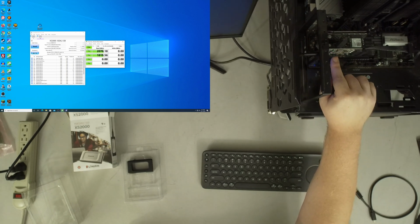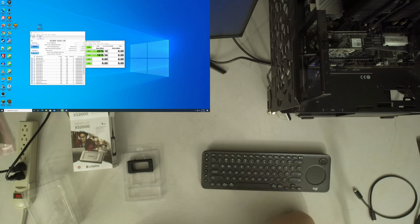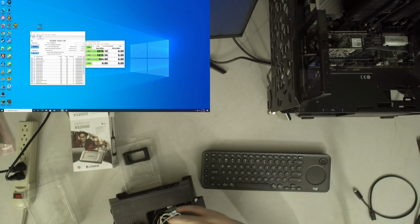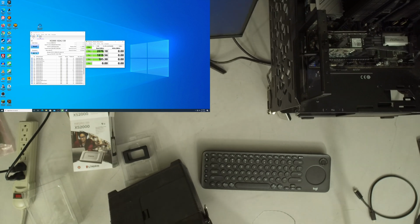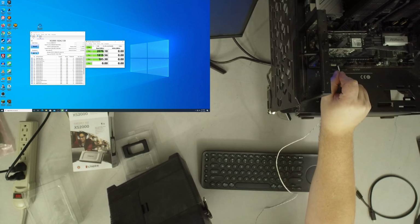Oh, not bad. It's warm to the touch. Actually, that's getting a lot toastier. Well, this is running. I want to see how hot that ASMedia controller is getting. All right, studio temp is 19 Celsius, and this is not going to be...